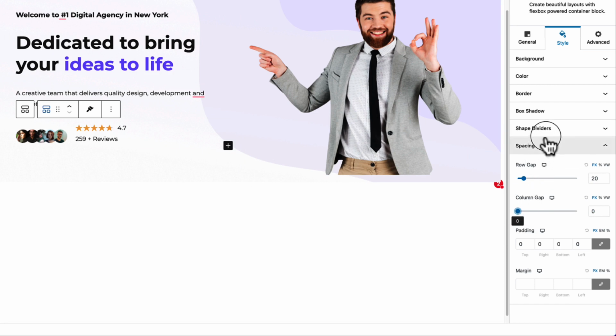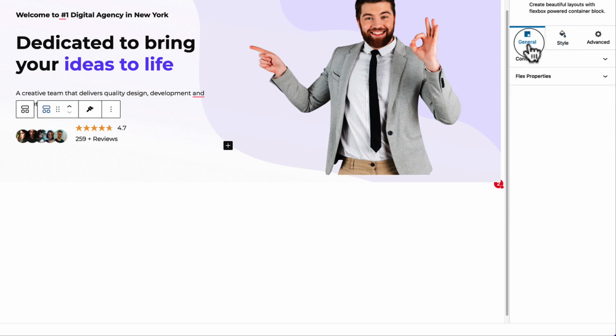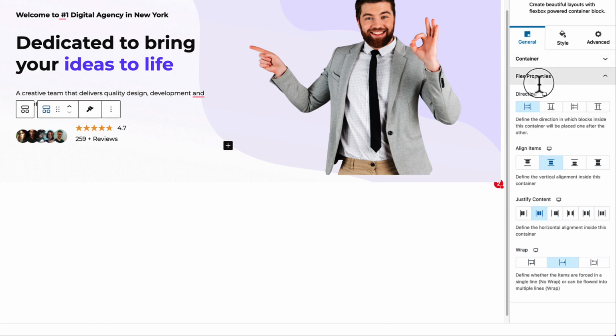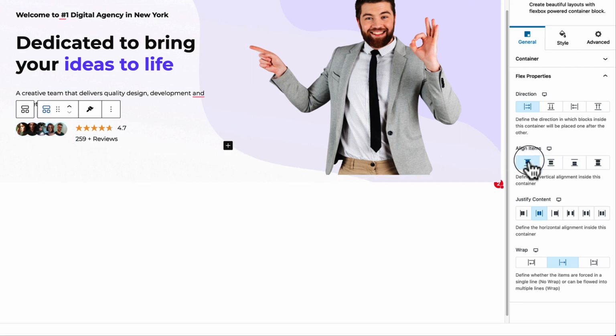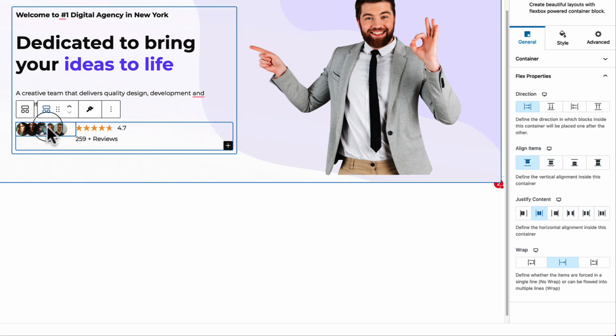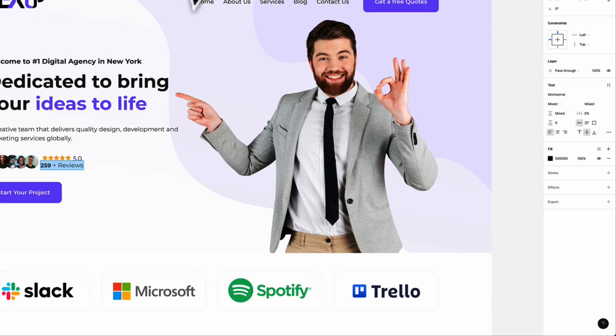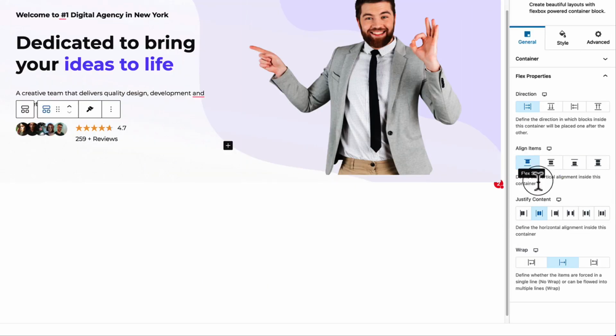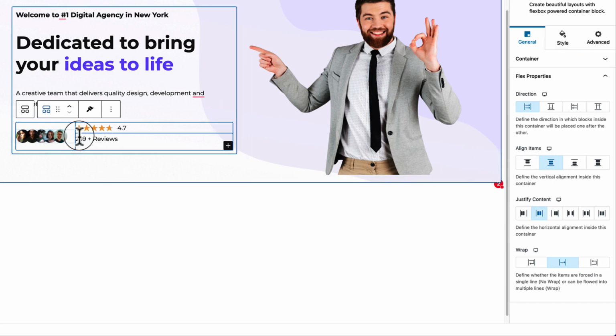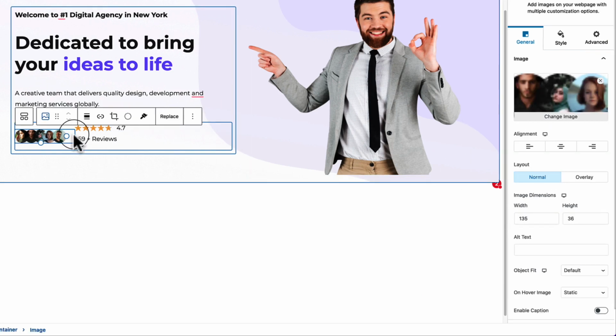And in other options, if I select general flex properties, I would like to take all of them to the top. If I select align items top, here you can see it's displaying top, but inside our design it's not top, it's middle. Now let's change it to middle,